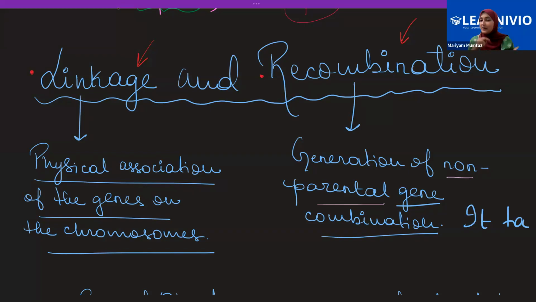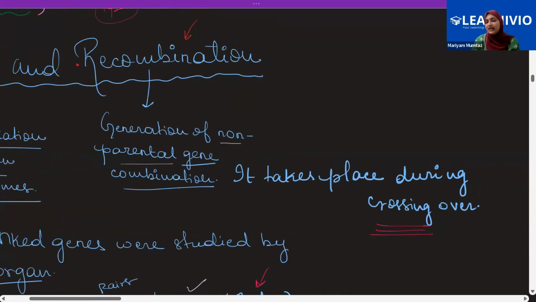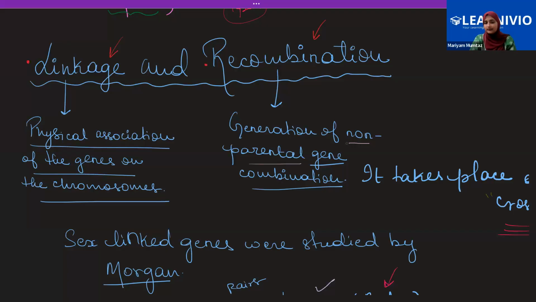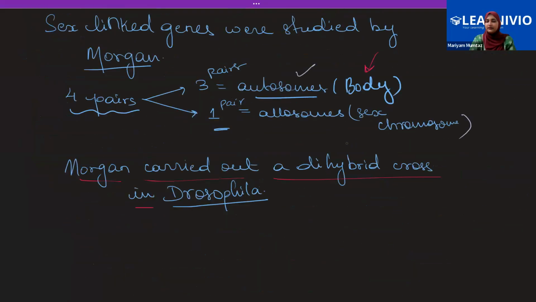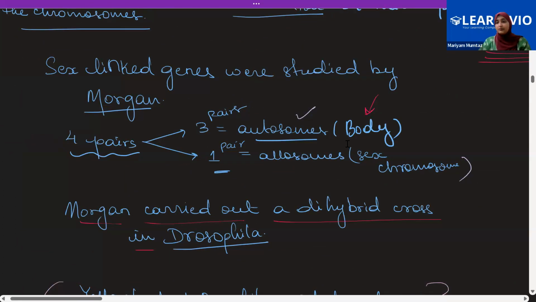Now, if you remember the cell cycle that I talked to you about in the previous class, there was an exchange of genetic material that takes place, and that is nothing but the recombination process. Where does it take place? It takes place during crossing over. Now, the process of recombination and linkage go hand in hand. How? First of all, to study linkage and recombination,